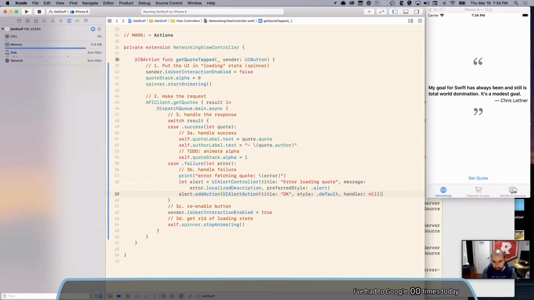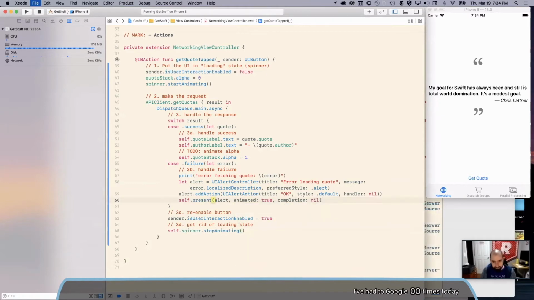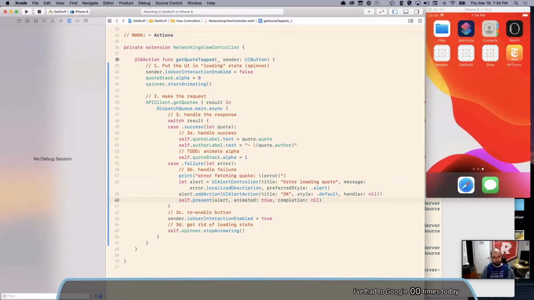I think it's also important to call out that this is something else we're doing with the UI. And so if you didn't do the main queue over the entire switch statement and just for the individual cases, you would again have to do a main queue inside the failure. But because you're doing it around the entire switch, this is fine.